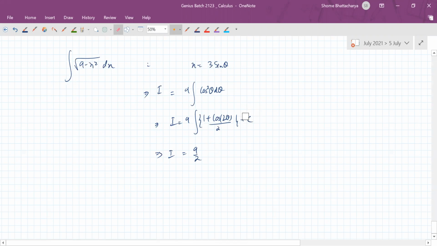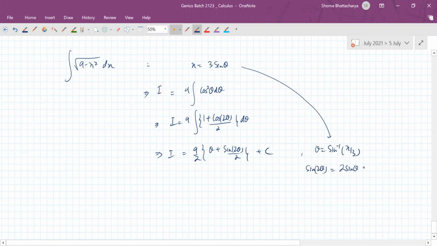So the c will come later. This is d theta. Okay. So this would be theta plus sine 2 theta by 2 plus c like this. Okay. So now here we would substitute theta as sine inverse x by 3. Okay. From this. And we would substitute sine 2 theta as 2 sine theta cos theta, where cos theta would